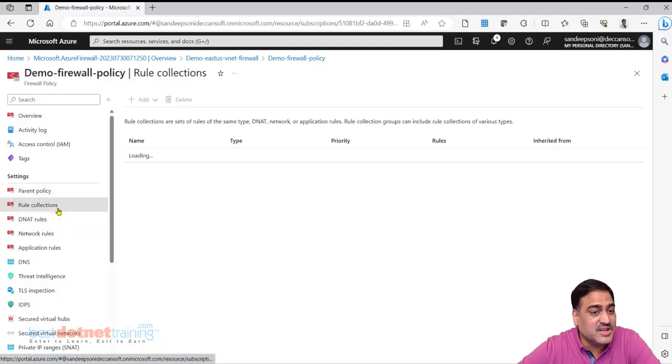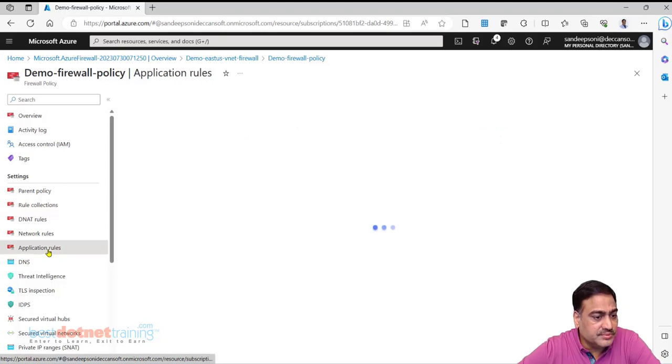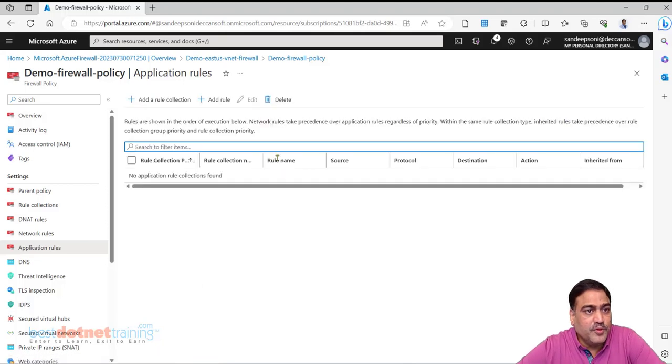All the rule collections are going to be shown here. Now what I'll do is I'll straight away go to application rules. Now before this I should demonstrate to you